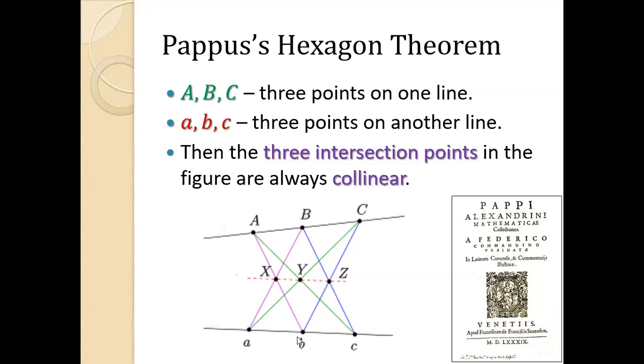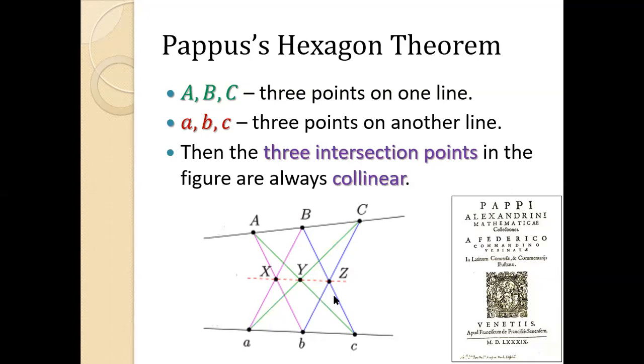Then you take the intersection points the way they're drawn here. I didn't write it because it's too long. So you look at the line between capital A and lowercase b, you look at the line between capital B and lowercase a, and they intersect, and you call that intersection point X. And you do the same, capital A and lowercase c intersect capital C and lowercase a, you call this Y. And capital B and lowercase c, capital C and lowercase b.